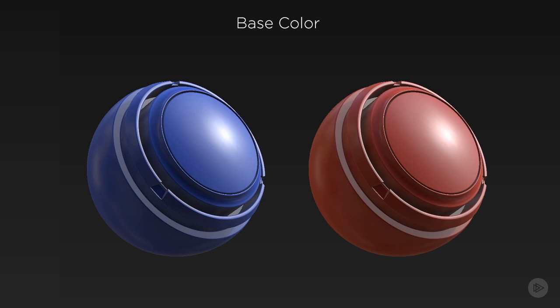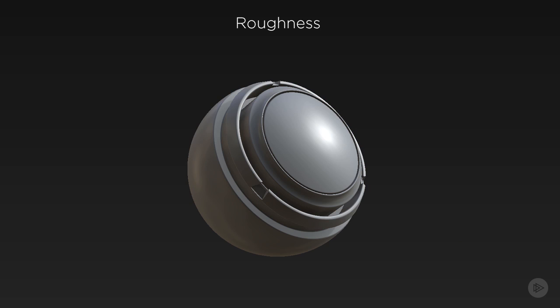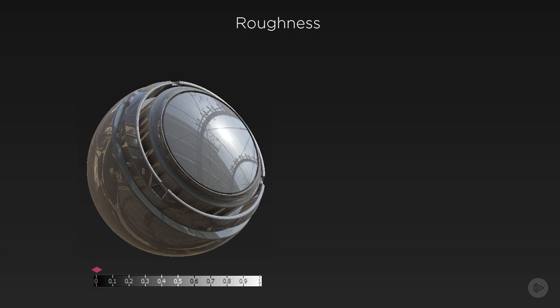Next we have something called the roughness channel. Unlike the base color, the roughness channel is a black and white map containing only grayscale values, where a value of 0 represents black and a value of 1 equals white. Now, to understand roughness, you want to ask yourself, how rough is the surface? When a surface is completely smooth, like a mirror, you'll get a perfect reflection. How this relates in our texture map is a value of 0, or black,